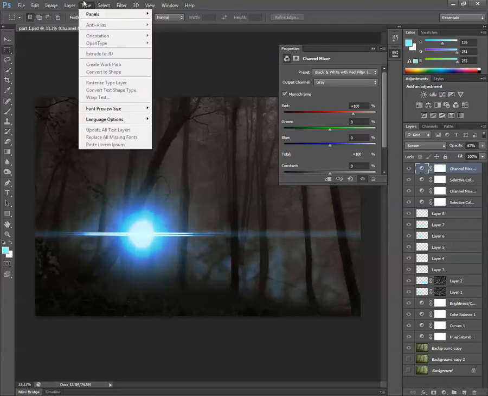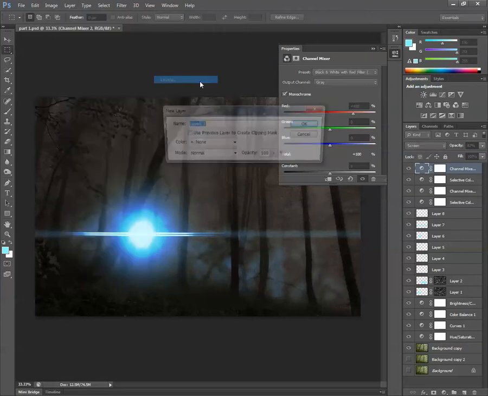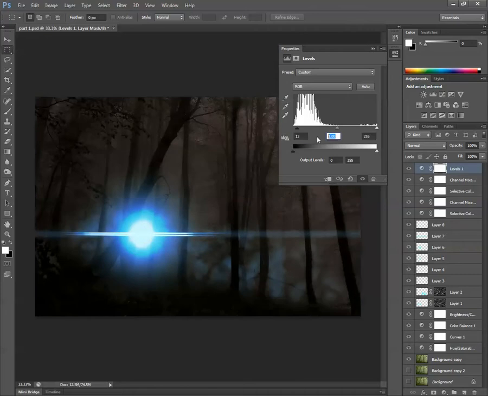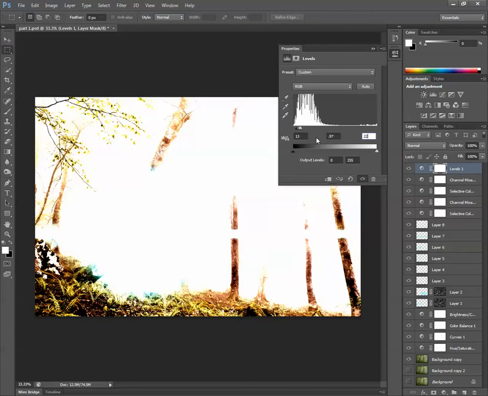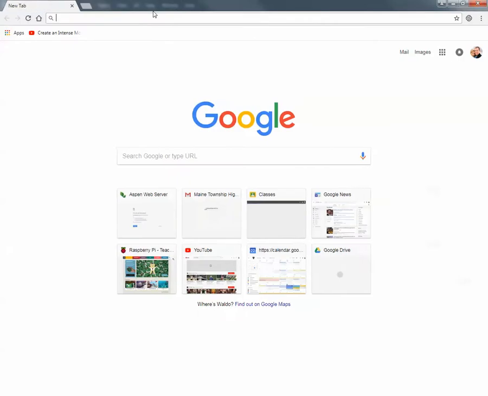Okay, so one of the last things here, we'll go to new adjustment layer, Levels. And then we're going to go to on here. We want to make this 13.97227. Alright, that looks okay. So now that we got that, I'm going to go ahead and bring in